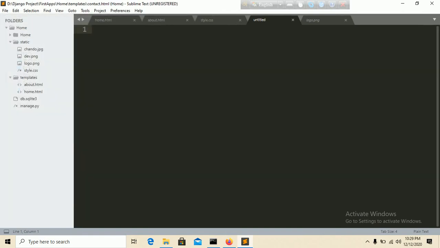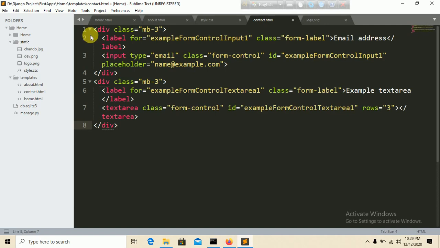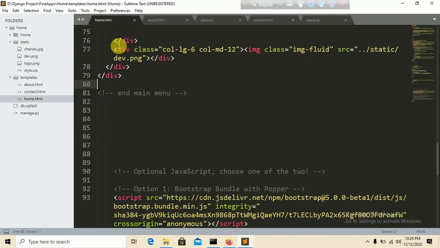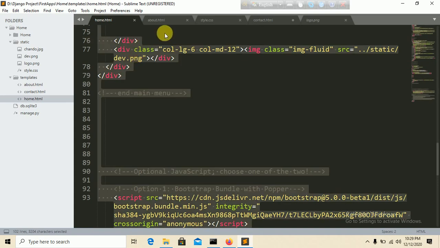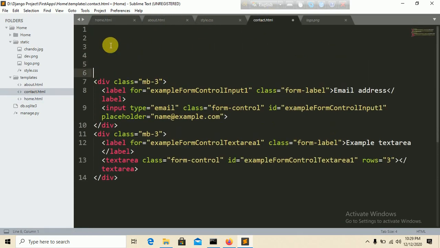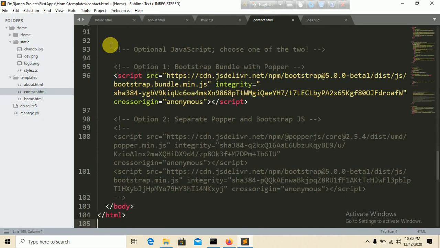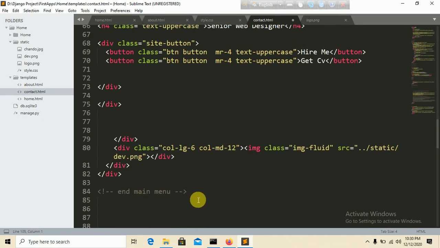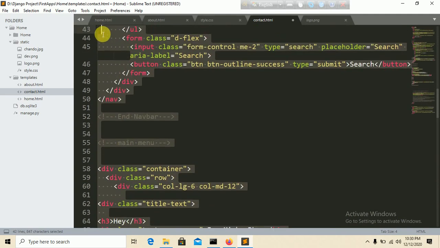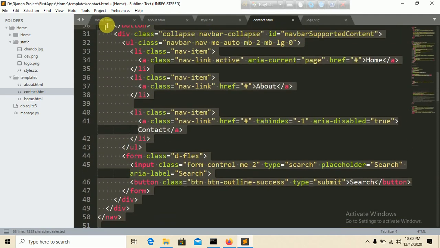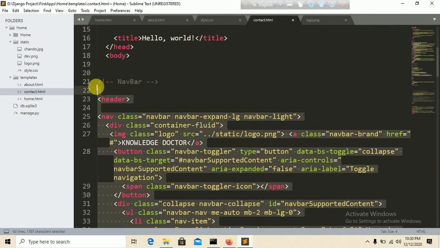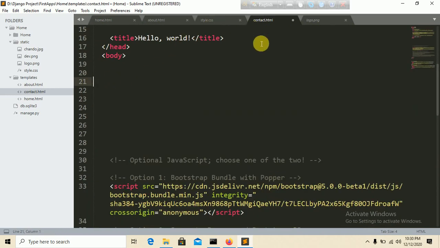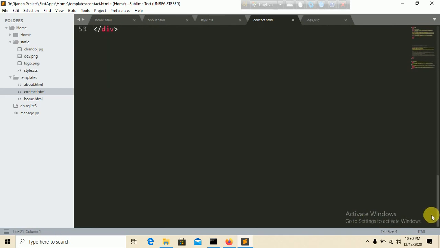Contact.html, and let's say I need to copy paste. Copy all the code here, Control A, Control C, and in contact.html paste all the code from here, and remove the navbar and the main menu. And the navbar, copy all the code from